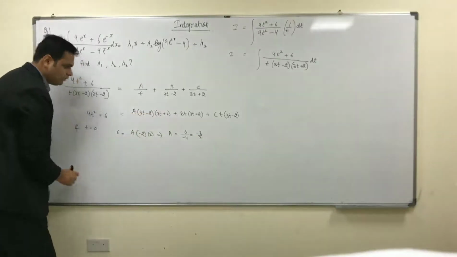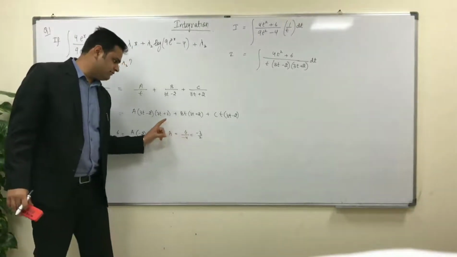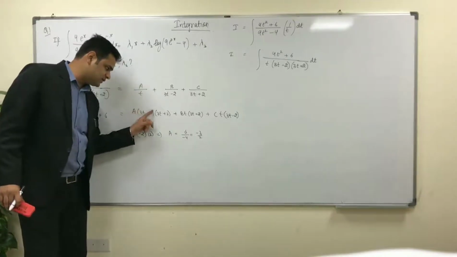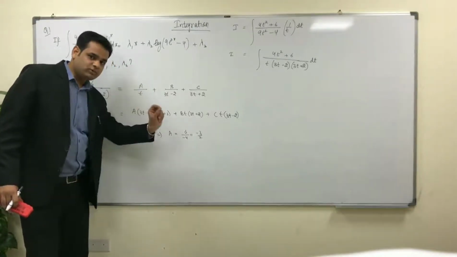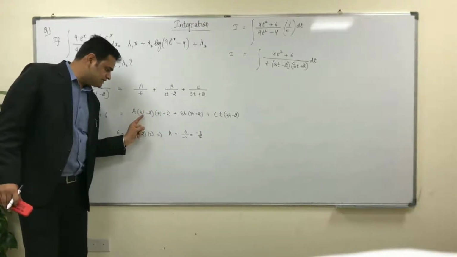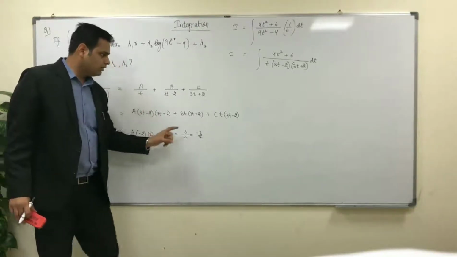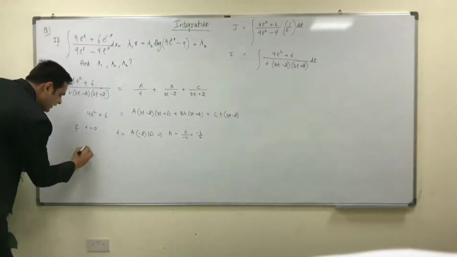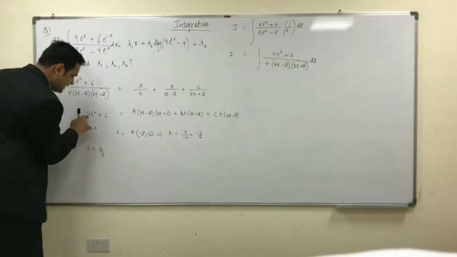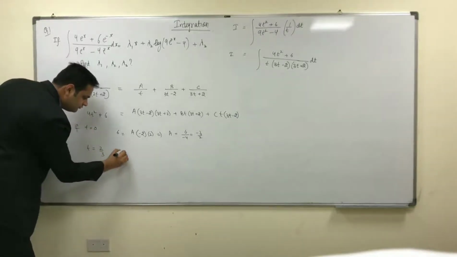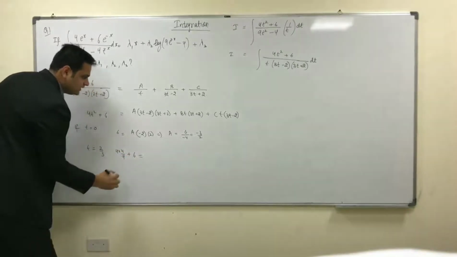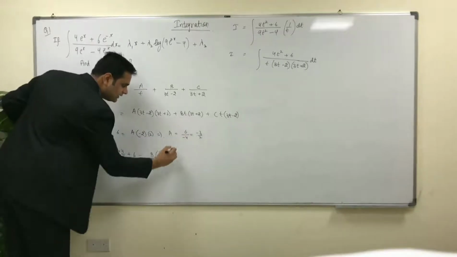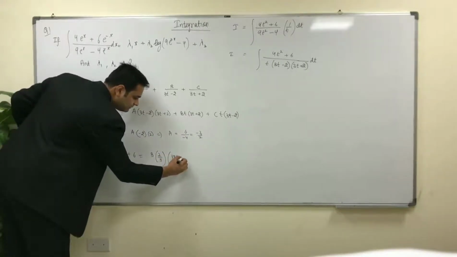So this is how I am finding the value of A. Now to find the value of B, what I can do, see, to find B, if I put t equal to 2 by 3. So what happens, see, if I put this equal to 0, what will I get? 3t − 2, if I put 0, t will be what? 2 by 3. So it means if I put t equal to 2 by 3, it will become 0, it also becomes 0, and I will be left with only the value of B. Okay, so what will I do? I'll put t equal to 2 by 3, here also I'll put t equal to 2 by 3. So it's 4 into 4 by 9 plus 6 is equal to, this will become 0, this will be what? B into 2 by 3, and here it will become 3 into 2 by 3 plus 2.